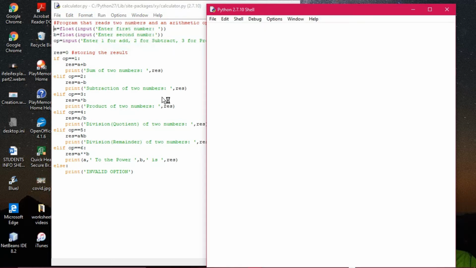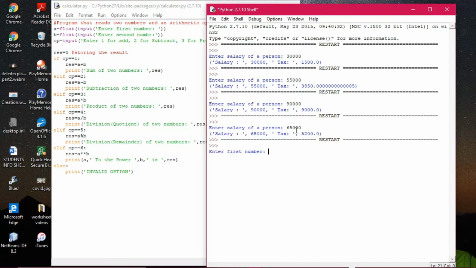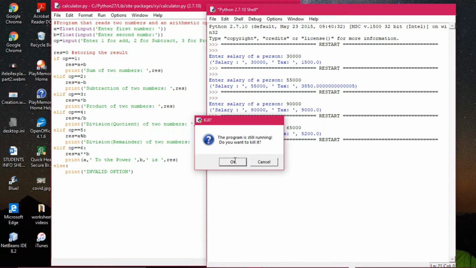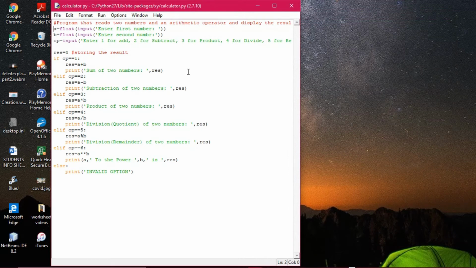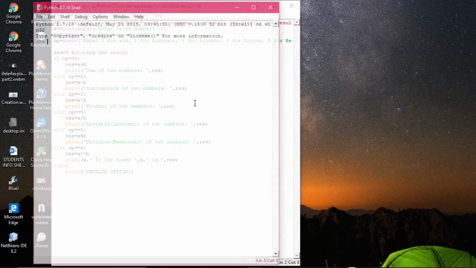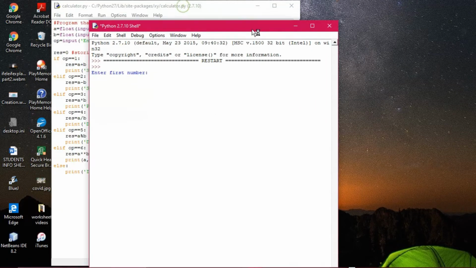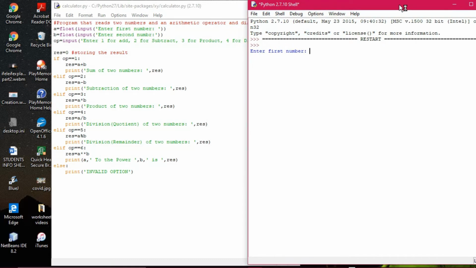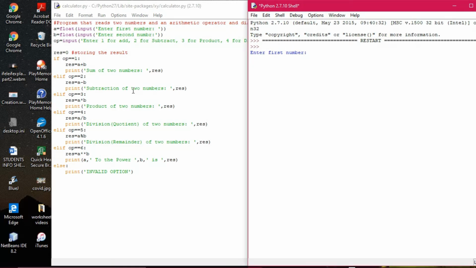Right now you see, run module. Executing it. Very simple program. If you enter 1, the result will be the sum. If you enter 2, the result will be the subtraction. So it is calculator type. Like we do in a calculator, the same thing is happening here. These things are achievable by using if elif in Python. So it is easy to build a calculator, to build an application. That is the usage of programming, so you can create your own application.